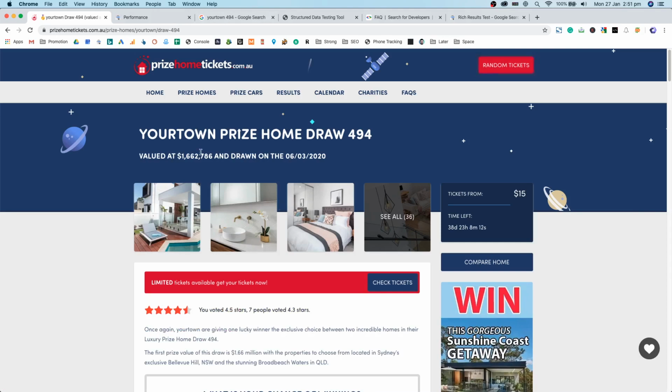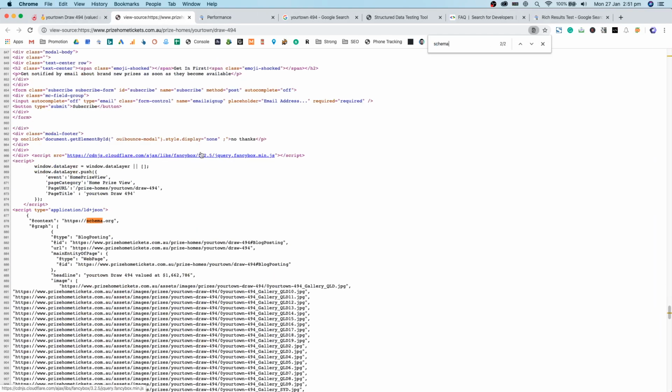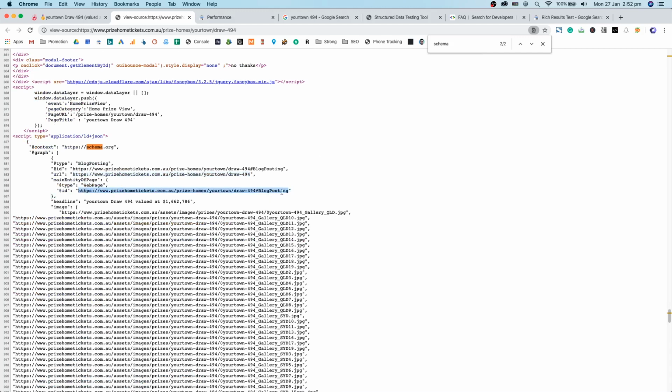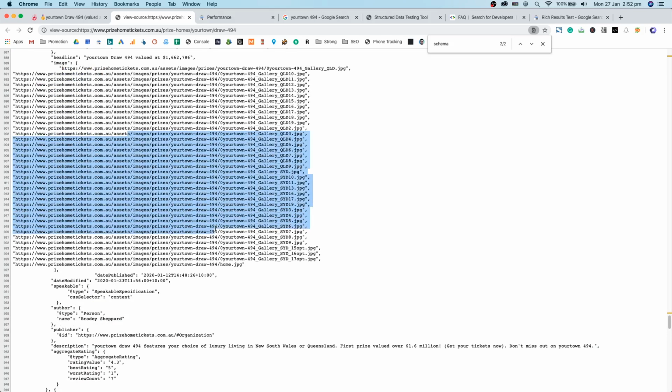The schema is automatically applied, and you can find that by looking for the schema tag and looking for the FAQ section of that schema. So the FAQ section is here. We have a bunch of schemas on the site. We have a blog posting, which is linking to the article itself. It's part of a website. It's the headline, all the images used within that article,